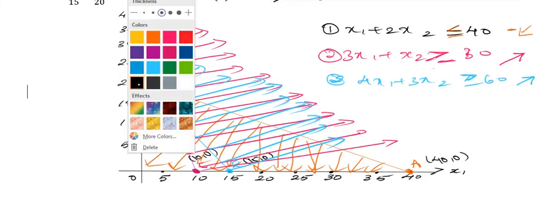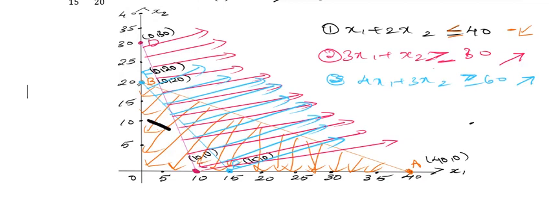Okay, so I'll show you. This region is having only the orange line, so you can ignore. This region is also only orange and blue, you can ignore. This region we have all the three combinations. See, it is having blue line, orange line and red line. And this region also I cannot take because it is having only pink and blue line. This region, it doesn't have any region actually.